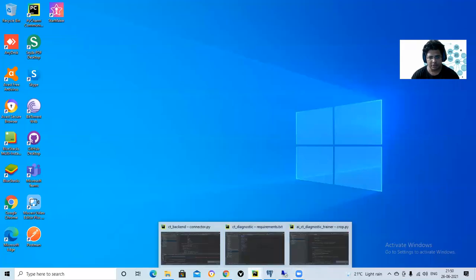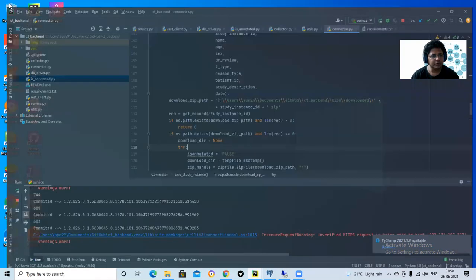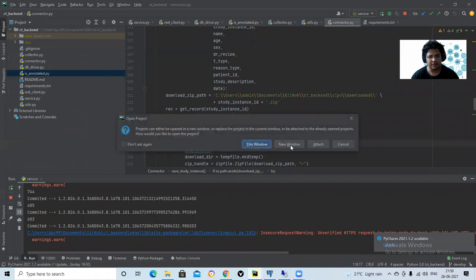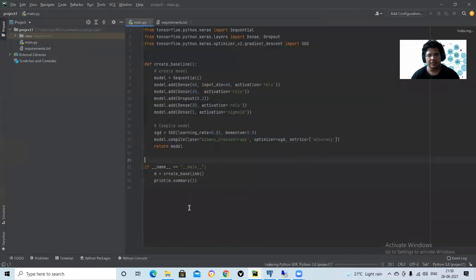Okay, so let me open that project. Yeah, so this was our project which we did last time, and if you can see in the middle layers, I have no input dimension, only dense is there. And in dropout, I did not use the input shape. Okay, so it's not required. It will by default take whatever is there.